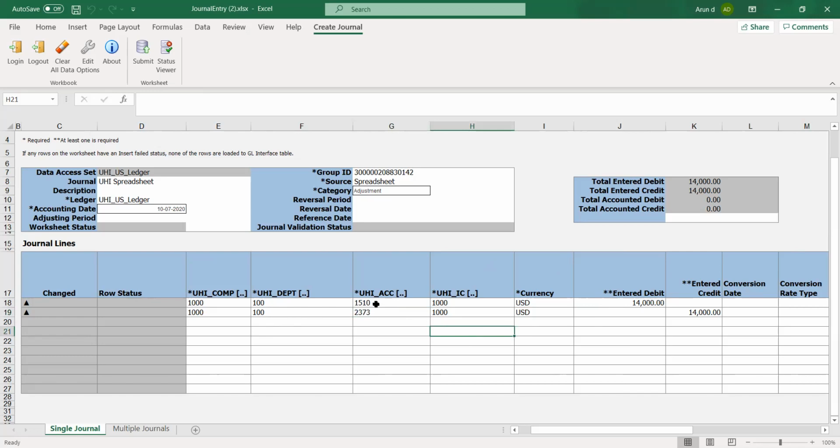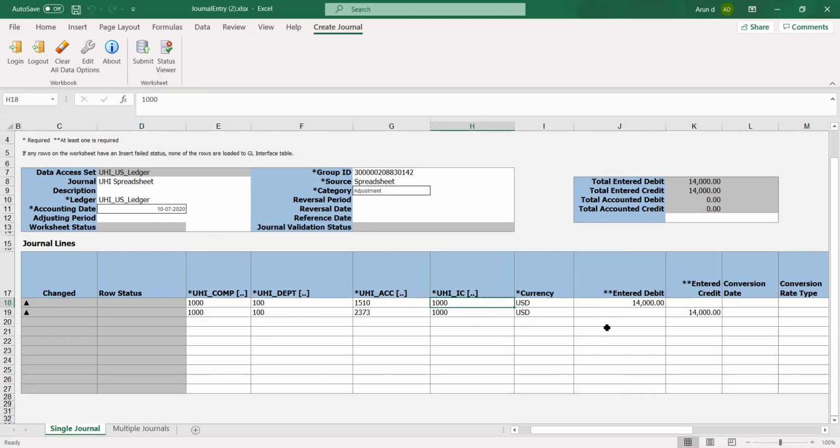But basically, if you see here, I have 1510 as debit balance 14,000. If I take the trial balance, maybe for a particular period, October, so you'll have two records showing that it has 14,000 and 14,000. But if you use the same account, it becomes zero.